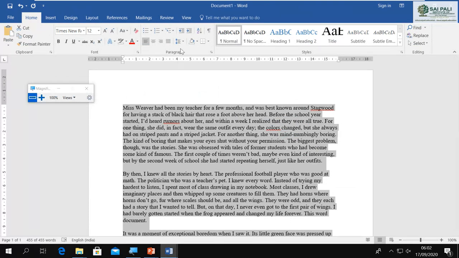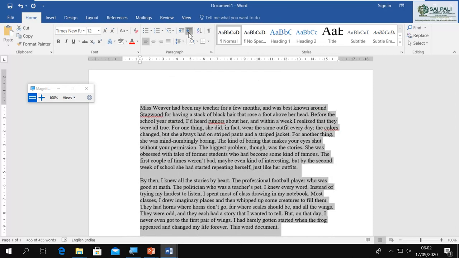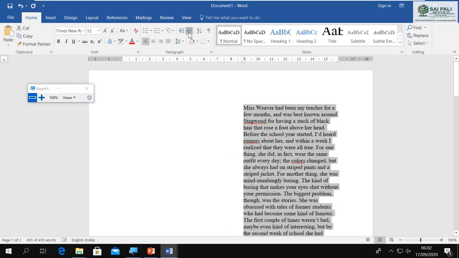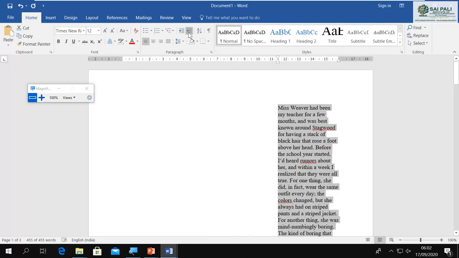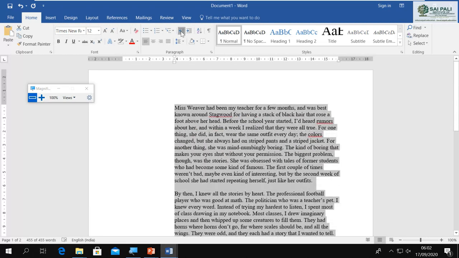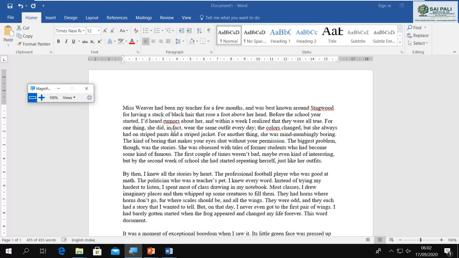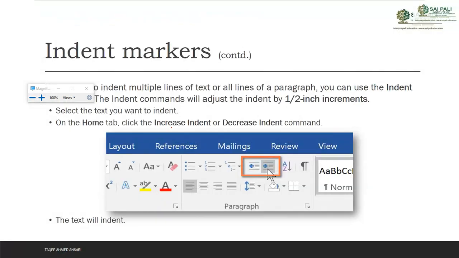So if I want to move it, I will say increase the indent, and you see it is moving. If I want to decrease, now it is already on the left side, so it will not decrease more. So this is the indent command we also have to indent our paragraphs and lines.